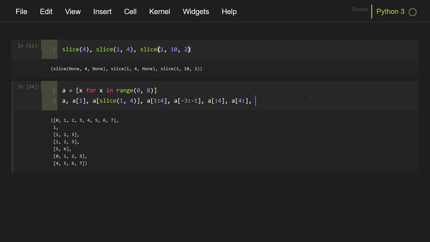Slice operators are very intelligent in the sense that if we pass an index which is out of the bounds of the list's valid indices, suppose we pass an index of 10, as you can see there is no index 10 present in this list.